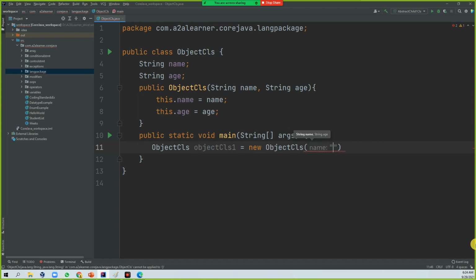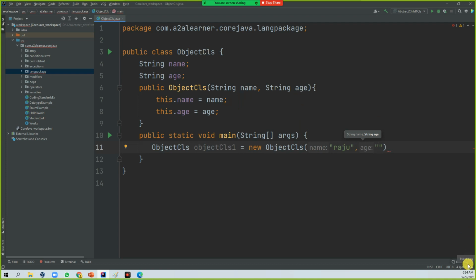The first one is the name, and the second is age. It's a string type, right? So I have to give it in double quotes. We will see the String concept in the next topic.